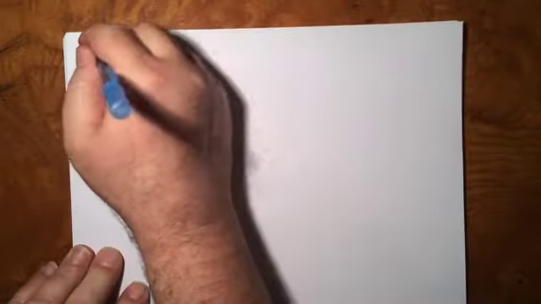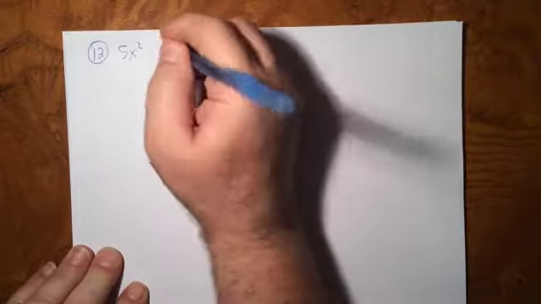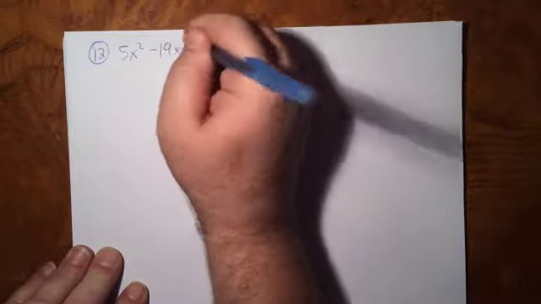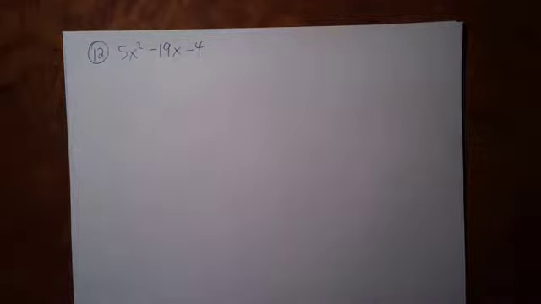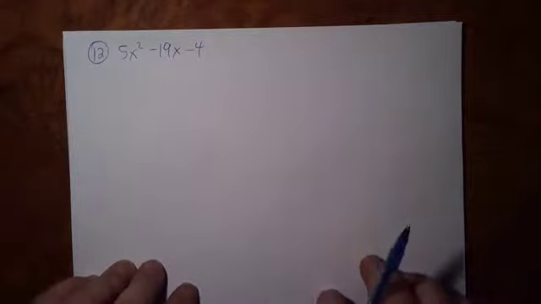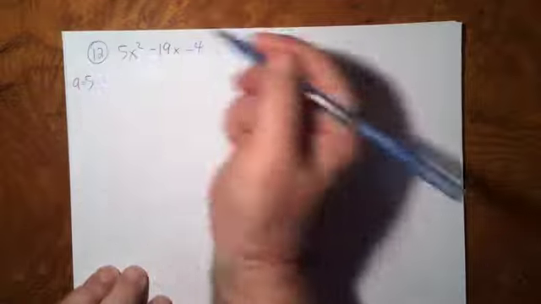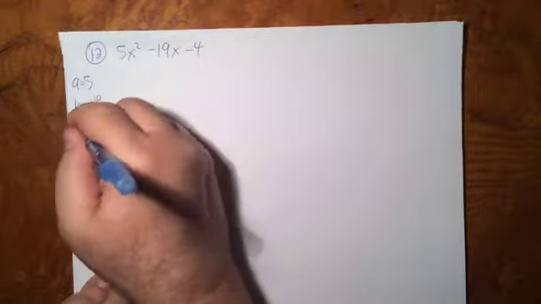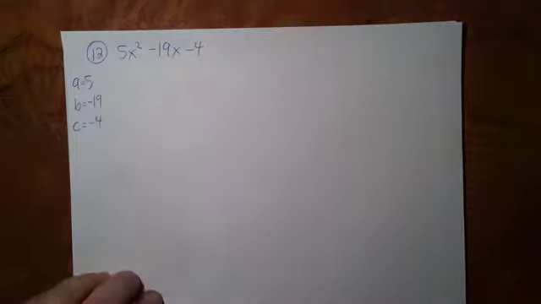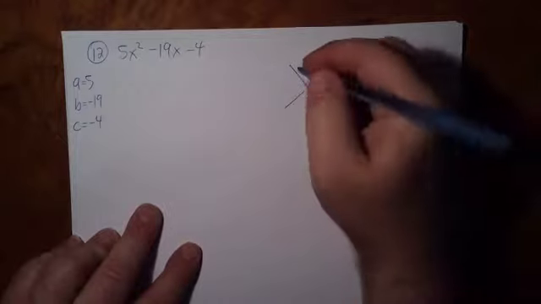So let's take a look now at question 12. This is going to be 5x squared minus 19x minus 4. I'm looking ahead at this one, and I already kind of see where this is going, so I don't think it's going to be terribly difficult, but let's see. The value of a is going to equal 5, b is equal to negative 19, and c is equal to negative 4. So going to our x box on the side,